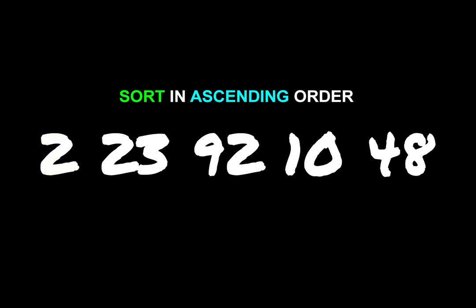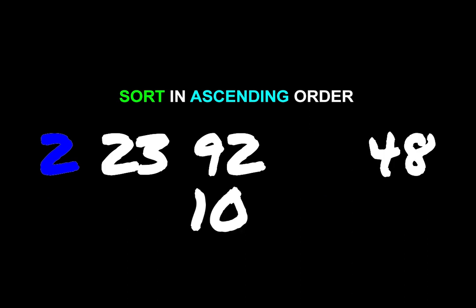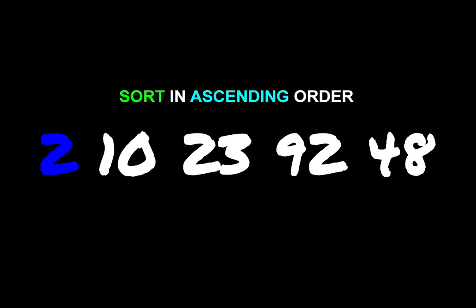Next, we move on to the next value to be compared, which is the value stored in the fourth position, 10. 10 is first compared to the value in the third position, 92. In this case, 10 is less than 92, and since there is still a previous value in the list to compare 10 to, we will compare 10 to it, which in this case is 23. 10 is also less than 23, and since there is still a previous value in the list to compare 10 to, we will compare 10 to it, which in this case is 2. 10 is not less than 2, so at this point we stop comparing 10 to any other previous values. We shift all values 10 was declared to be less than to the right and place 10 in its appropriate